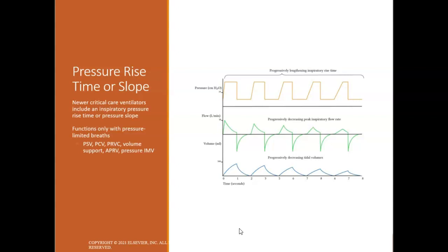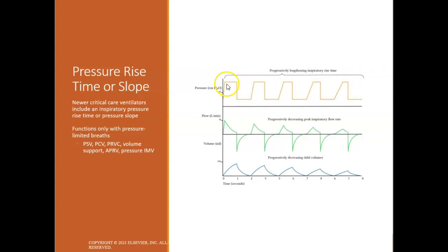So one other setting that some ventilators have in your pressure control modes is pressure rise, which is talking about how quickly we reach that peak inspiratory pressure. So here we're reaching it early on. I'm progressively lengthening the rise time. If you notice, as I lengthen my rise time, it's taking me longer to reach my peak